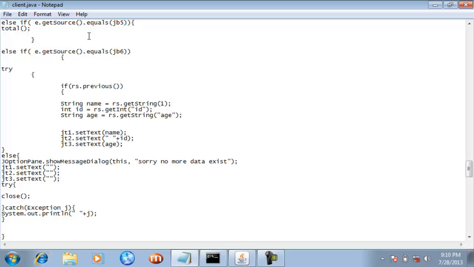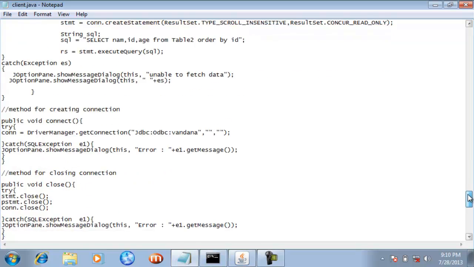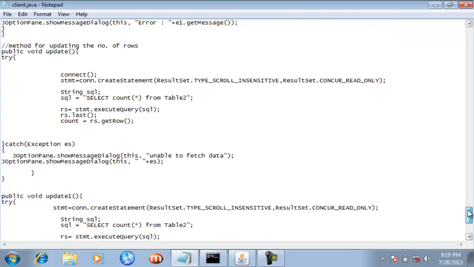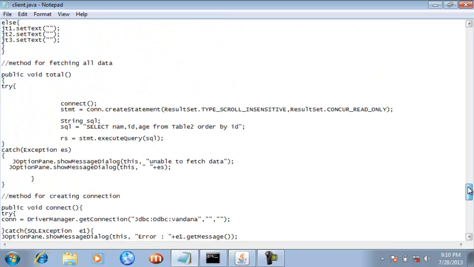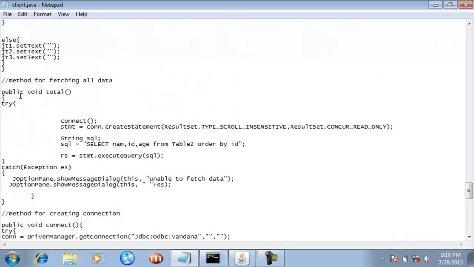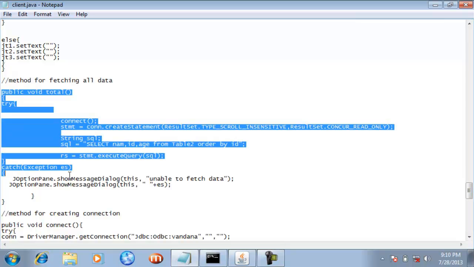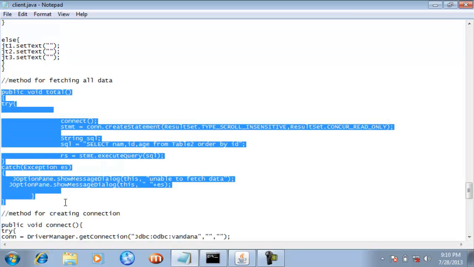Inside this else if statement, guys, I have called a method named total. So we will now see what the body of this total method actually is. See here, I have created a total method. Here is your total method, as you can see, the entire statement.